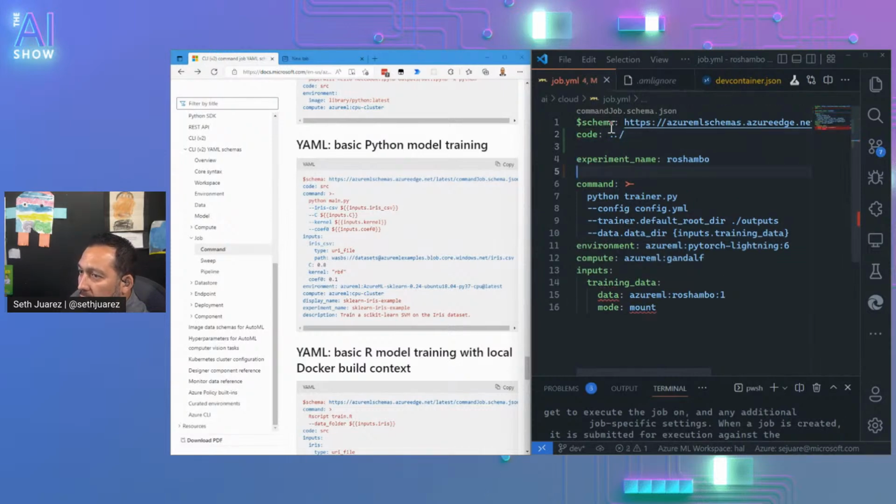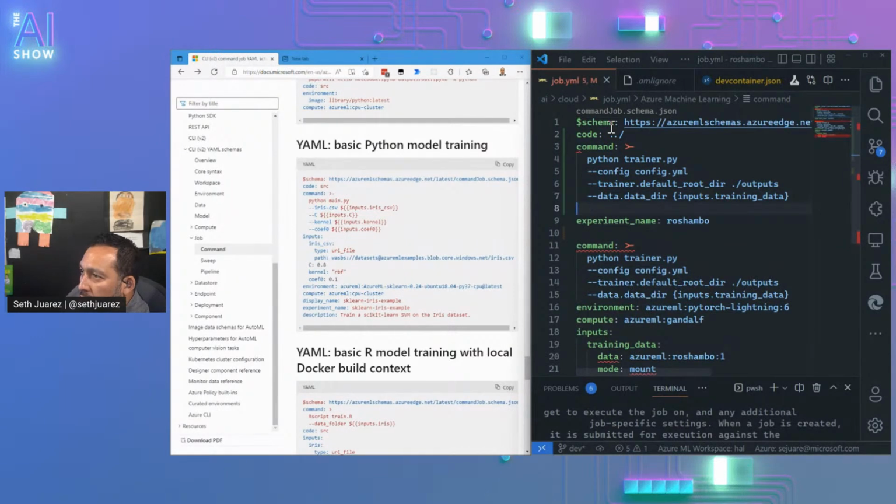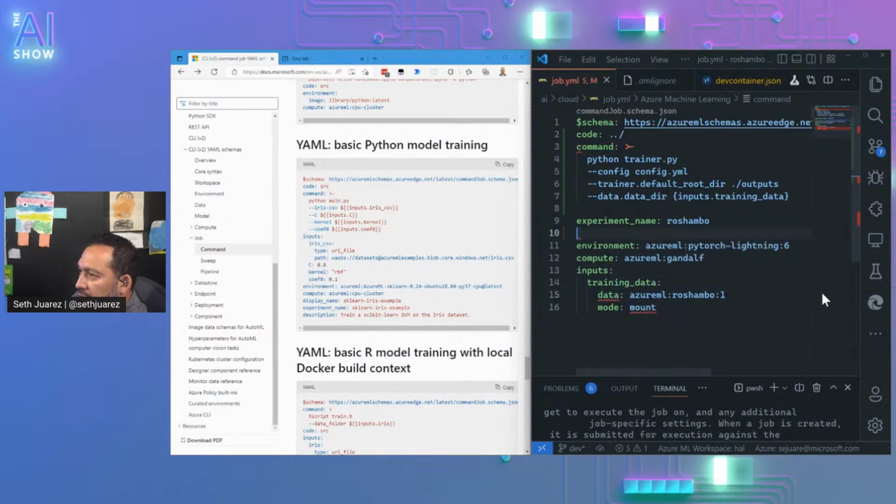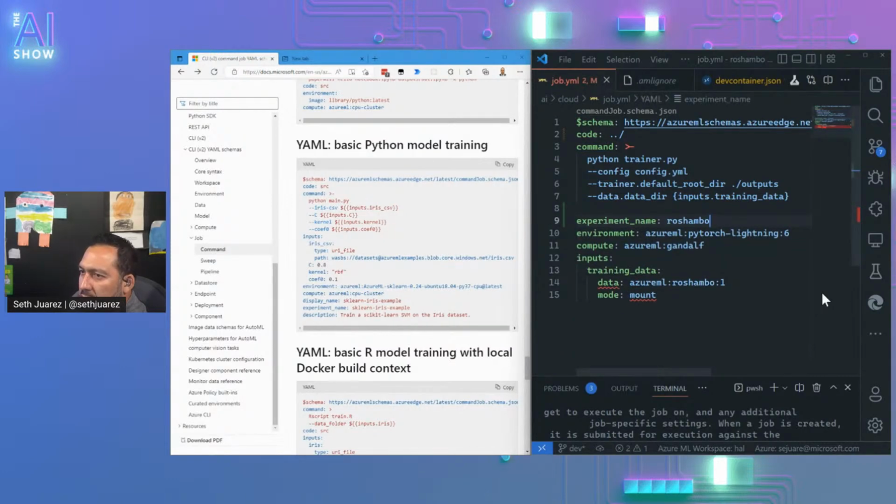We got that here. The command is going to be this. So we've got that. Looks like we've got a PyTorch lightning environment.